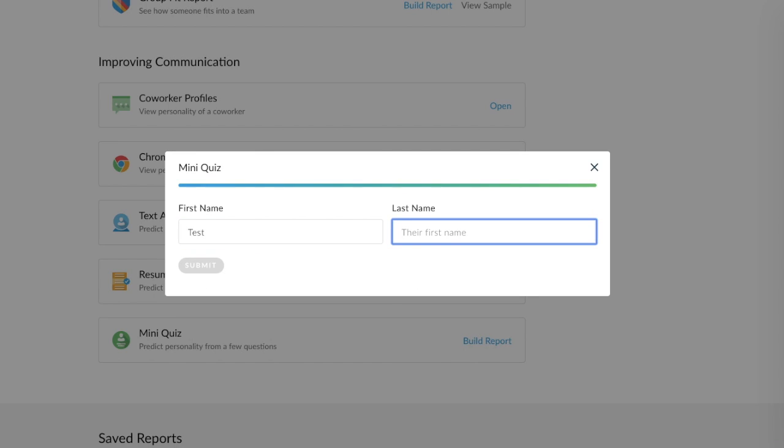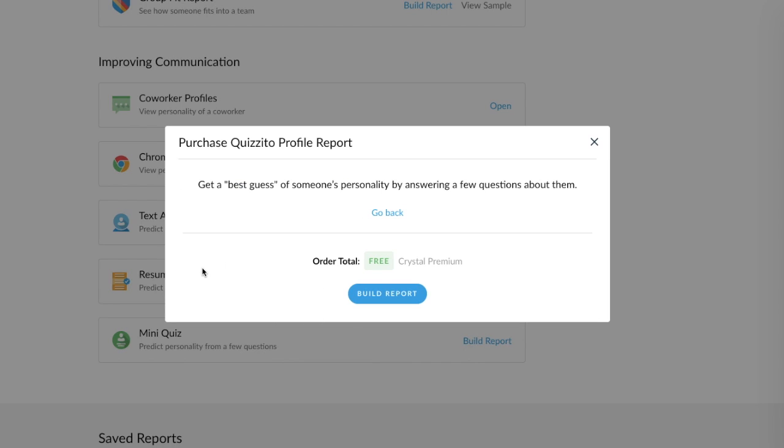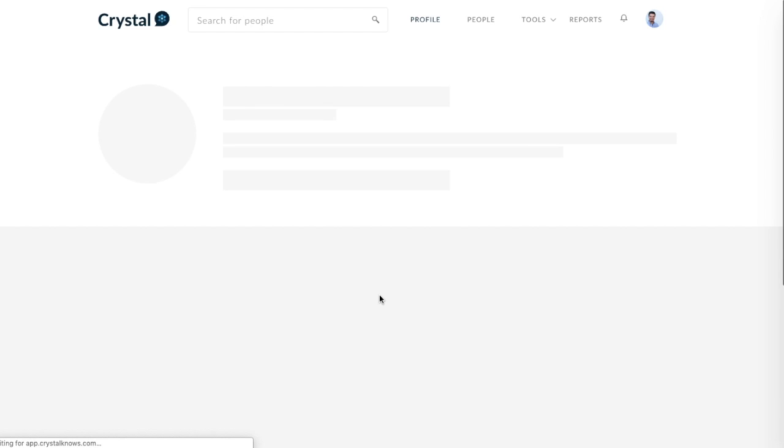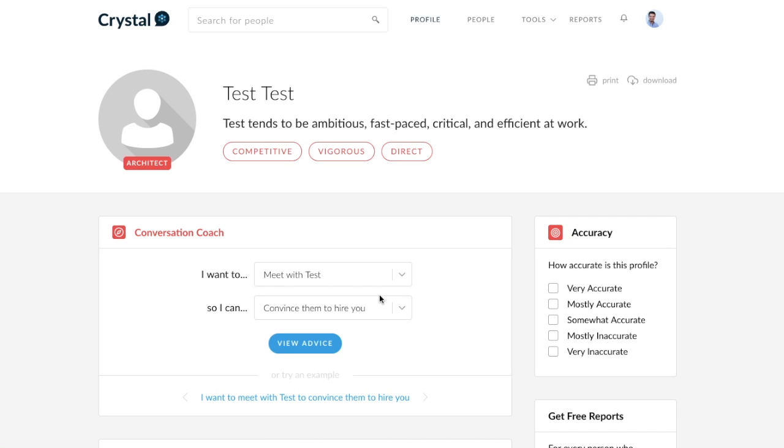We'll do test and test. Very great naming here. We will build this report. And we can see that Crystal's predicted the personality of test here from those 4 questions as an architect or